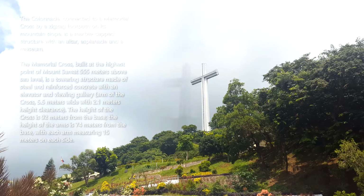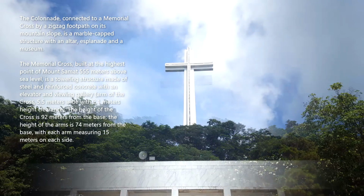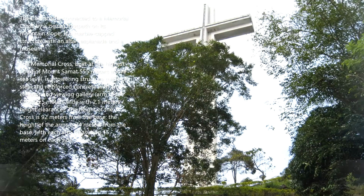The colonnade, connected to a memorial cross by a zigzag footpath on its mountain slope, is a marble-capped structure with an altar, esplanade, and a museum. The memorial cross, built at the highest point of Mount Samat,